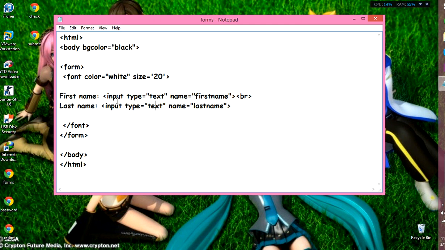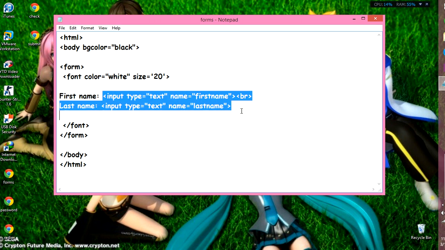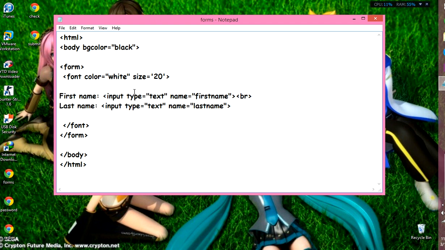Input type, you see here, input tag or input element is used to select user information. This element can vary in many ways depending on the type of attribute. So it's always here. You will always need it in form tag. This input element, and this name, you're gonna use this if, for example,